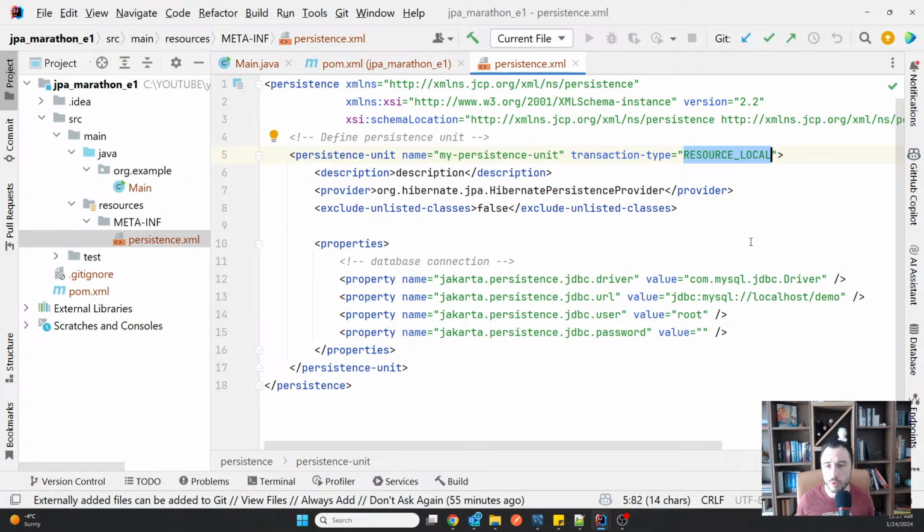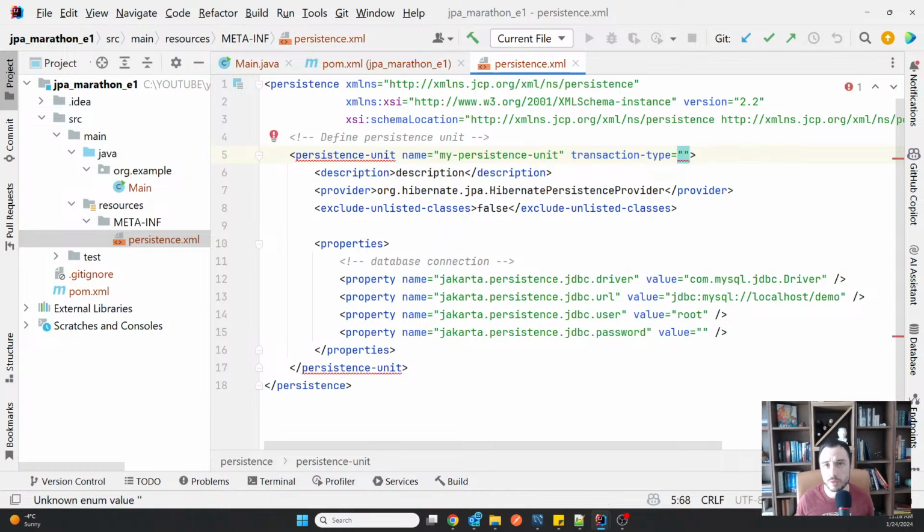Resource local is the transaction type you use when you don't have a container covering your application with the inversion of control principle. If you simply have an application like I do here, a plain application, no other framework, no other container, then you use what is called the resource local transaction type.